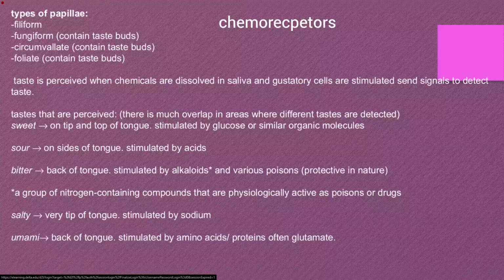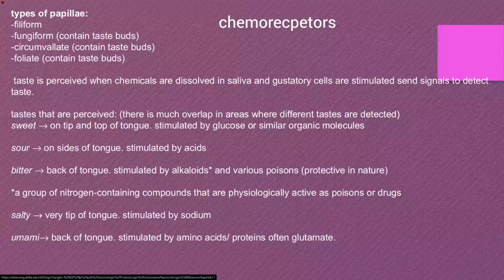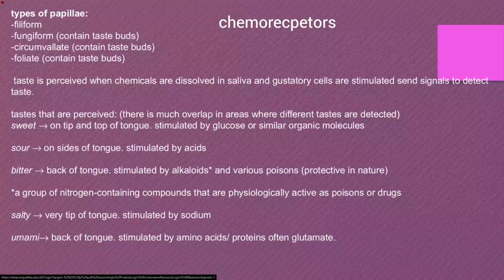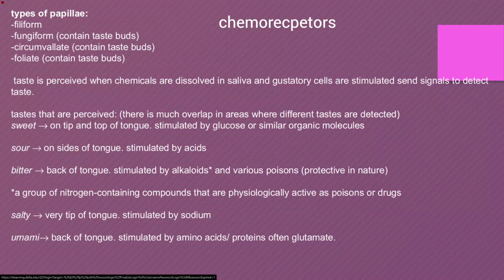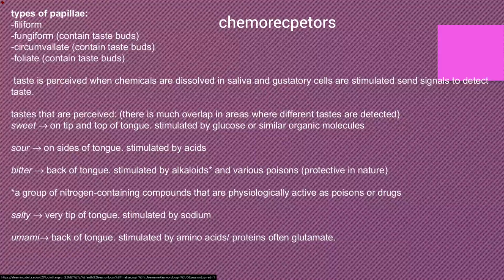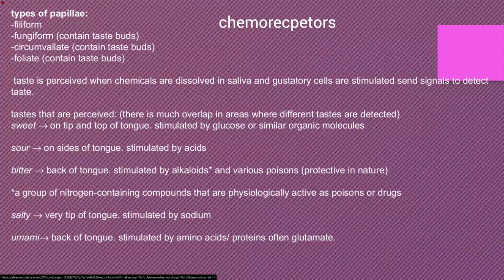Okay, and so these receptors are the taste buds within the papillae, and they're going to perceive chemical changes as these molecules dissolve in a fluid environment. So you have to have a fluid environment for taste and smell. So this is why if you're sick and your nose is dried out, your mouth is dried out, you have a hard time tasting anything. Gustation is the term for taste. Olfaction is the term for smell. Okay, so